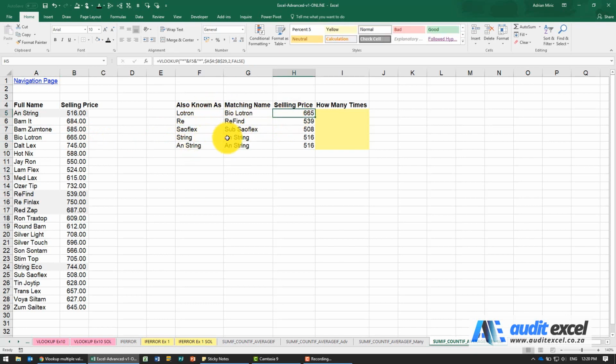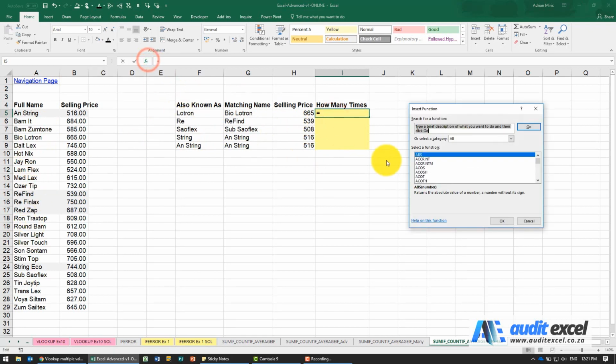The problem with a partial lookup is that when you, for example, have VLOOKUP has gone and found these products. But if you look carefully, you'll see that's great, it's pulled those, but you could have easily been referring to that one or this one. So it's sometimes useful to be able to run some sort of a check to see, okay, good, VLOOKUP has found something, but do we need to check it because maybe it would have found more if it kept going. So in this case, we want to ask how many times does the word Lotrin appear somewhere in here. Because we asked the question how many times, it's a COUNTIFS.